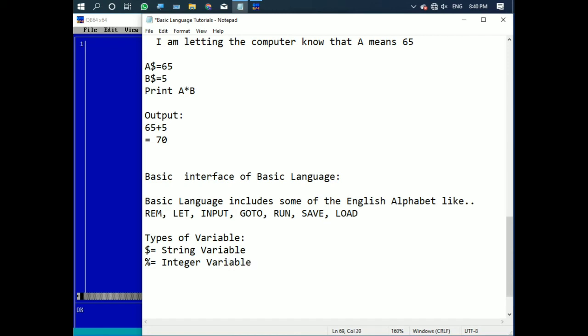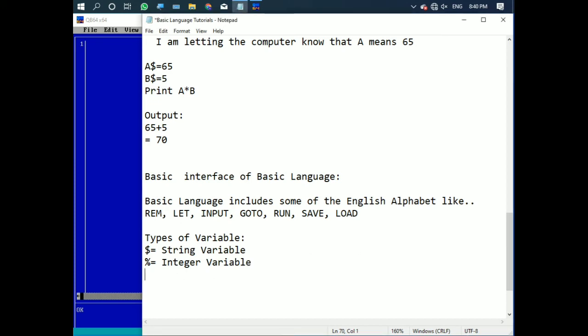We are letting the computer or the program know that this percentage means this is one integer variable. What is an integer? We know that integers are positive and negative, like 1, 2, 3, 4, 5, 6, 7, 8, and minus 1, minus 2, minus 5, minus 100, like this.